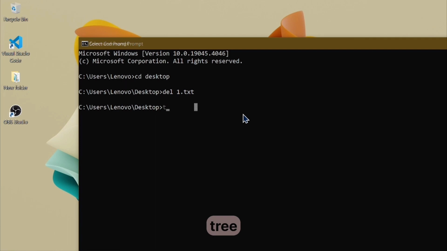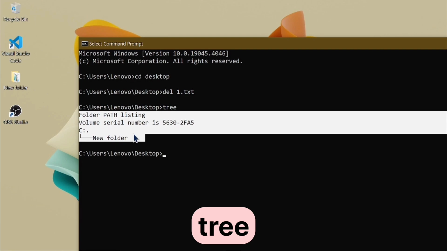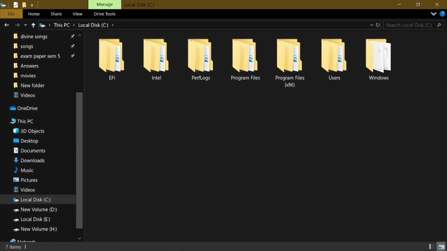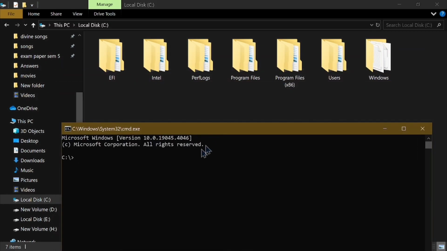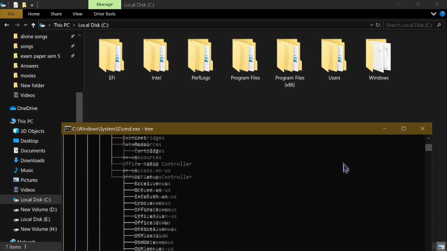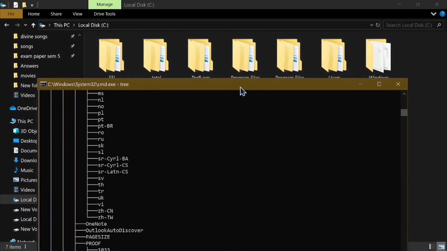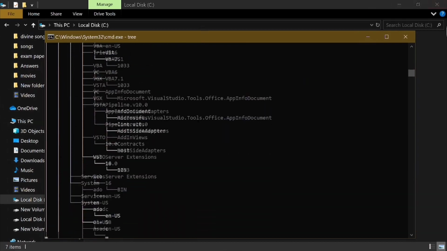The next thing we are going to write is tree, and it is going to show you all the folders inside that directory in a tree format, okay. Inside the C drive, the Windows folder is present, and if I want to move inside this directory, instead of writing CD desktop and writing the whole location, you can just move inside the folder right here in CMD. Right now I'm going to write tree, and you will find it is going to load a huge structure, because inside the folder there are subfolders, different folders inside this, because it's a huge Windows folder. So it is going to write inside the tree, okay.